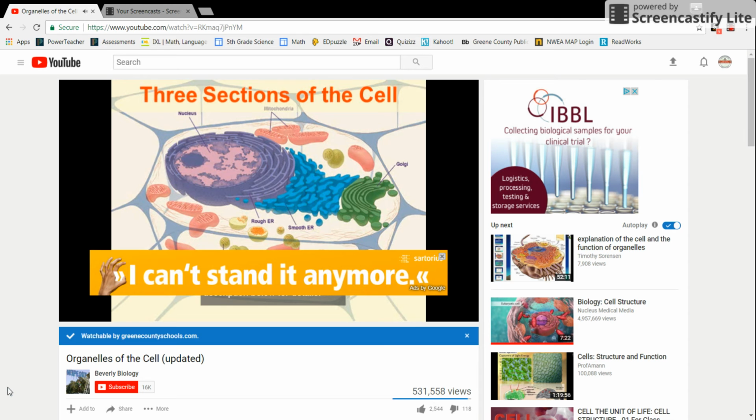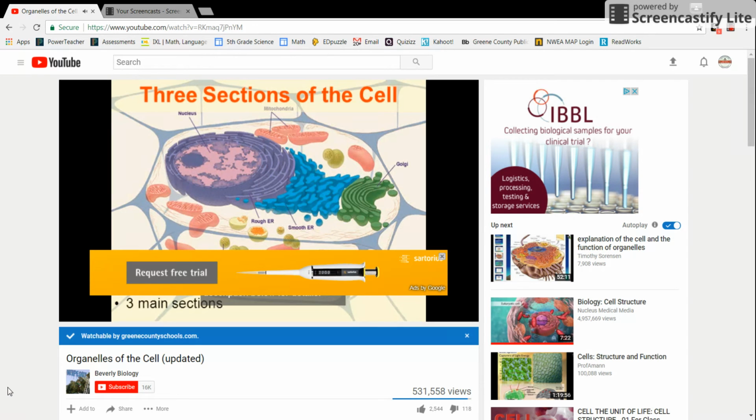First thing I want to mention are the three basic sections to the cell, and all cells need to take in food, get rid of waste, and reproduce. Well, cells have three main sections to them, and inside of those three sections are parts that allow them to take in food, get rid of waste, and reproduce. So the first